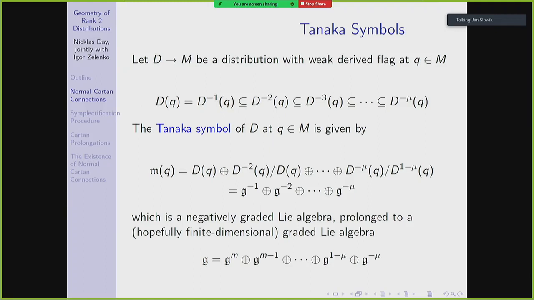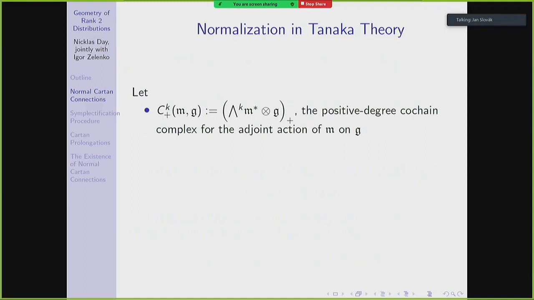And we can perform some purely algebraic procedure on this thing called the algebraic Tanaka prolongation, and prolong it to a graded Lie algebra. So these other pieces come from the prolongation, the positive pieces, and possibly the zero piece. So that's our Tanaka symbol, m is the Tanaka symbol, and g is its prolongation here. We have g as an m module, so we can talk about the Lie algebra cohomology with coefficients in g. And indeed, it's graded because m and g are both graded, so the cochain modules are graded, and we can just think about the positive part of that cochain complex.